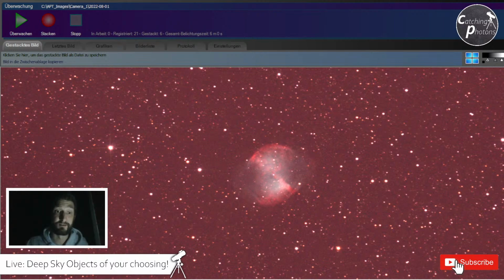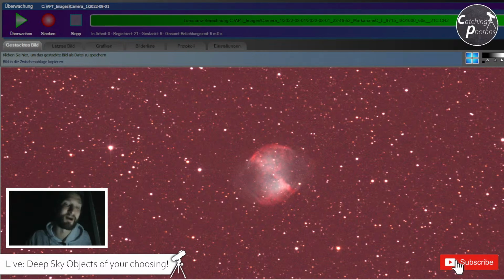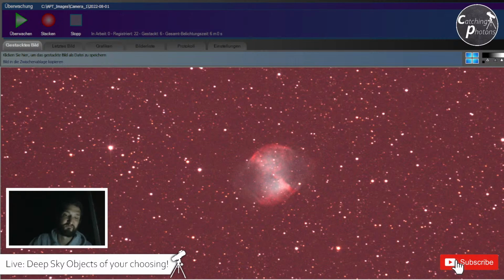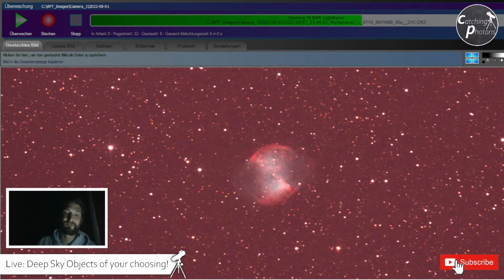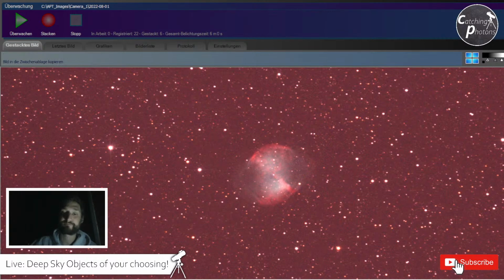Because of stacking, we add information and we add information, and you see we are now at 6 minutes of adding data to this target, and in astrophotography this is nothing. So you always calculate in hours of exposure time, if not days in some rare cases, but normally hours. Say, spend 4 hours on a target. That's solid. Like 8 hours on a target to get really smooth edges,